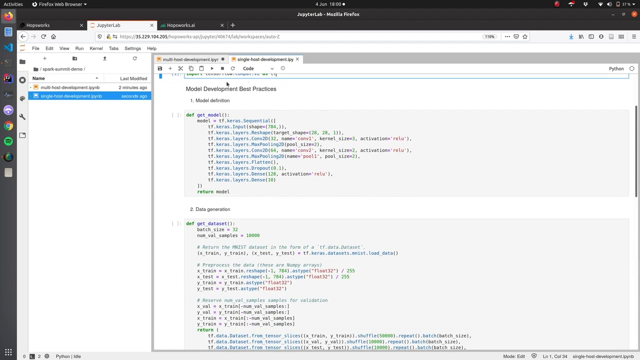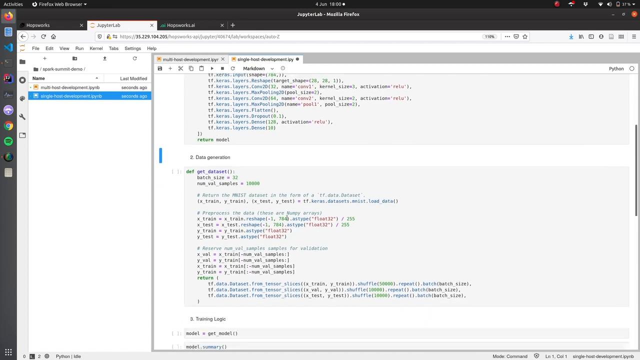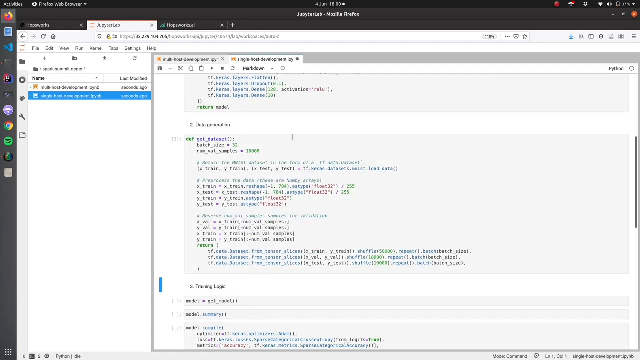And I just took an example from the Keras website for an MNIST model. Luckily, it was already refactored to be according to our best practices that we need in order to be able to run this as an oblivious training function. So we have a model function containing our model logic, returning the Keras model,